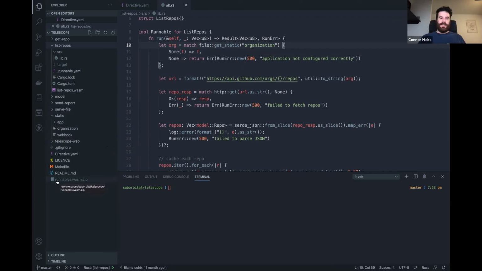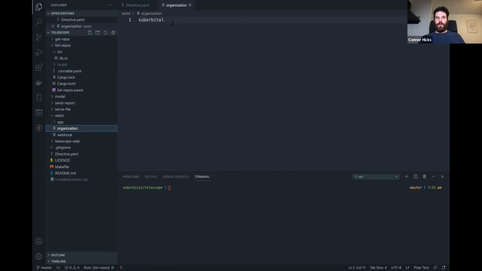that it takes for Atmo is what's called a runnable bundle. And this is a zip file that contains everything Atmo needs to run your application. You can see it here in the project. It gets built along with everything else. And so, all of the WebAssembly modules that get compiled from your functions, all of your static files that you want to bundle, and your directives all get put into this runnable bundle, which Atmo then reads to actually run your application. So we use that get static function from the file capability to read this organization file, which tells